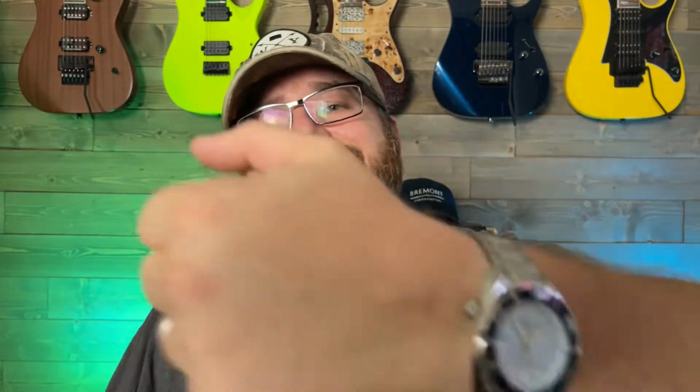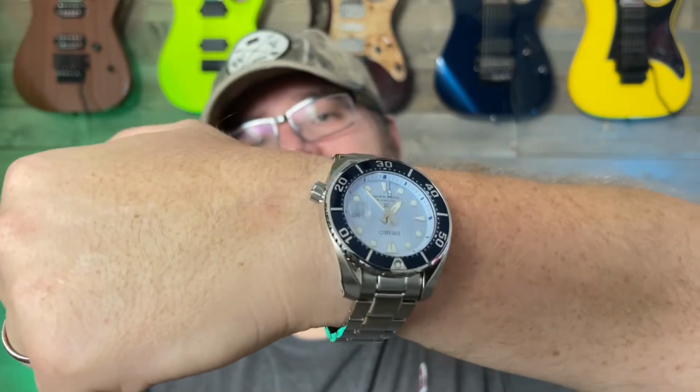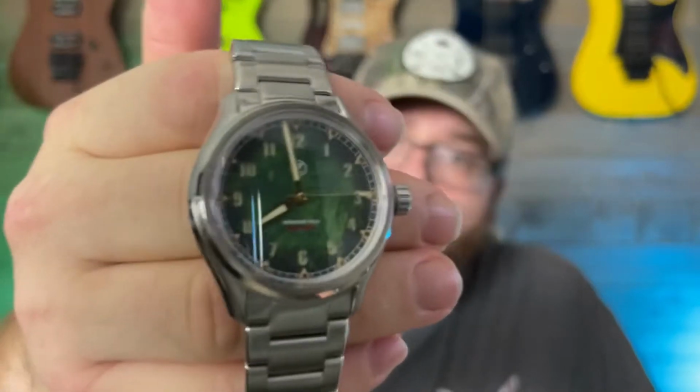What am I rocking today? Today I am rocking my Seiko Sumo SPB 179 Ice Diver. This is a great watch, misaligned bezel and everything. Fantastic, Seiko, thank you. So let's get this bad boy over to the table and take a closer look at